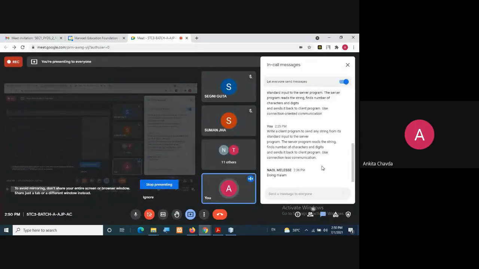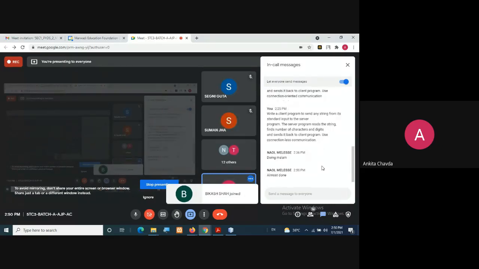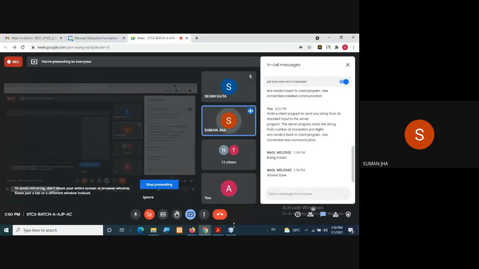So is it done, everyone? Or is the client side remaining for someone? Ma'am, can you show the code of the server for connection oriented? Is it for connection oriented or connection less? Connection oriented, ma'am.